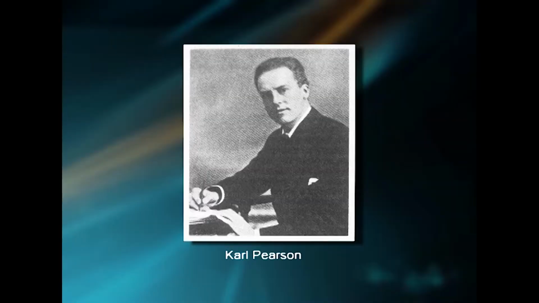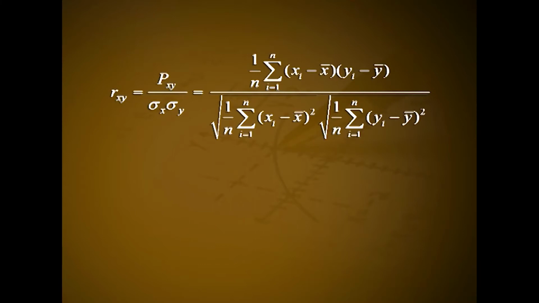A famous British statistician, Karl Pearson, suggested a measure of the degree of correlation between two variables x, y, known as Pearson's coefficient of correlation, denoted by rxy, where rxy equals sigma xy divided by sigma x into sigma y, that is equal to 1 by n into summation i from 1 to n (xi minus x bar) into (yi minus y bar), divided by square root of 1 by n into summation i from 1 to n (xi minus x bar) whole square into square root of 1 by n into summation i from 1 to n (yi minus y bar) the whole